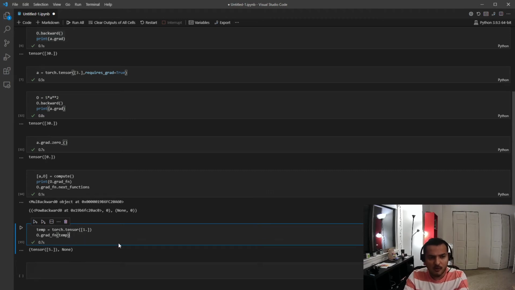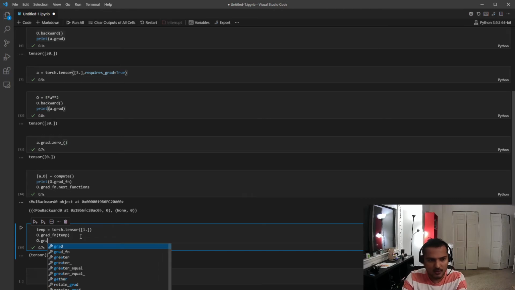Each function takes into account what its previous functions are doing as well. So this grad function multiplies by 5. The power backward function, because it's the last node, also takes into account the times factor as well. If I have to show you that,